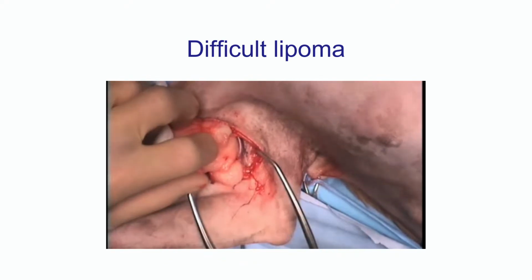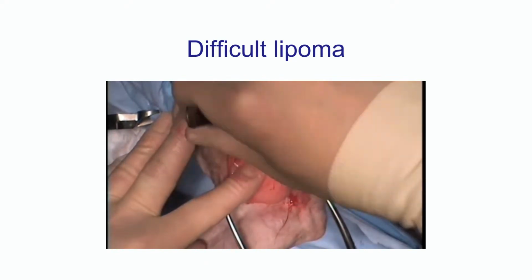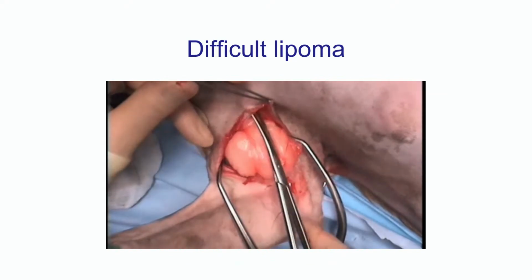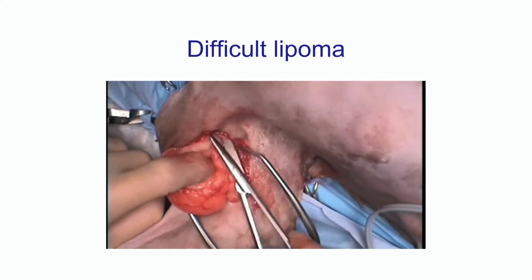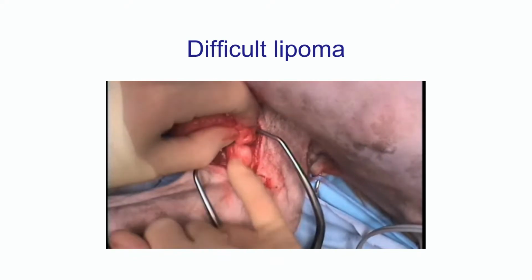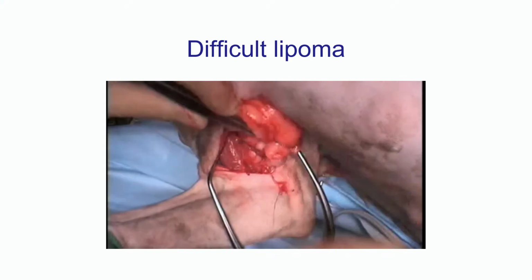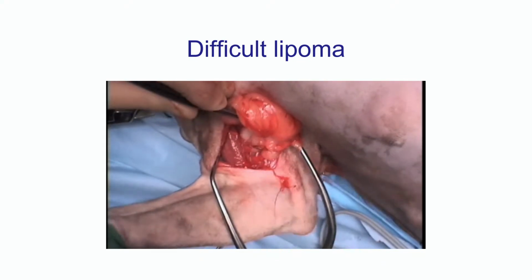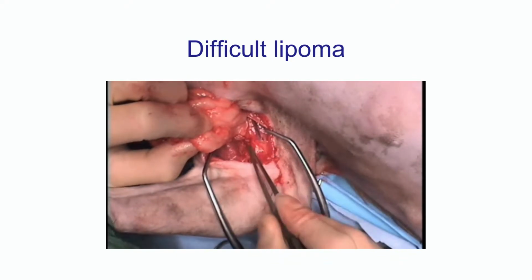And what I'm actually going to do, you can see that's the vessel there and nerve. And what this is doing is it's got a branch and the lipoma has crept underneath that. And what I'm actually doing next is just trying to push it underneath the blood vessels without rupturing them. And most of the time you can do that. Most of the time these are fine, you can get these out,